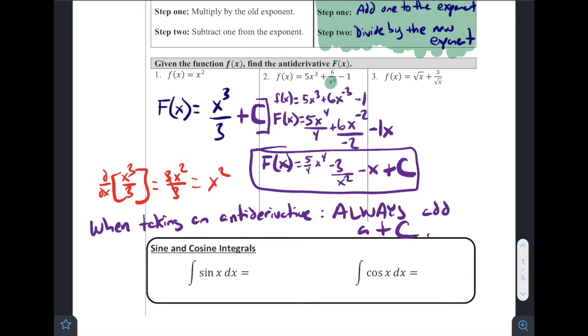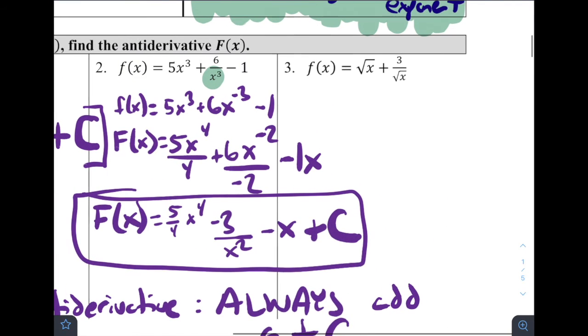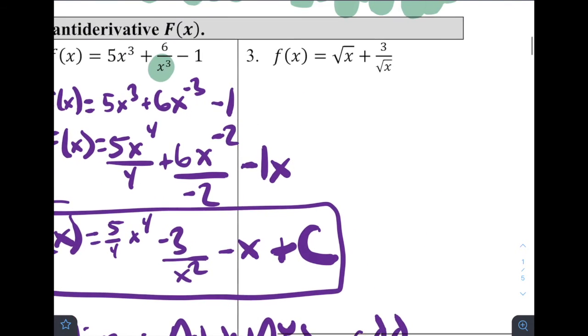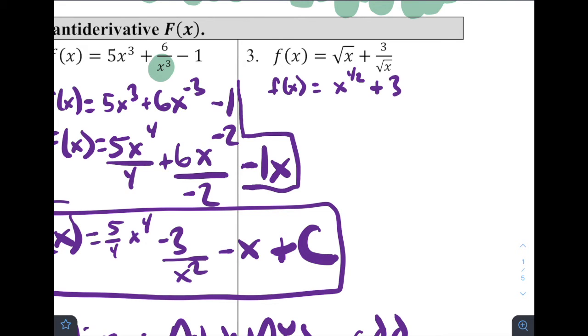All right, number 3. Slightly running out of room here, so let's get a little bit closer. I'm going to rewrite this just like we said for the previous ones, and I'm going to move this over here. So this is going to be equal to x to the 1/2 power plus 3x to the negative 1/2 power. Moving that square root up to the numerator makes it negative, and then x to the 1/2 is the same thing as the square root. Now if we apply our power rule,